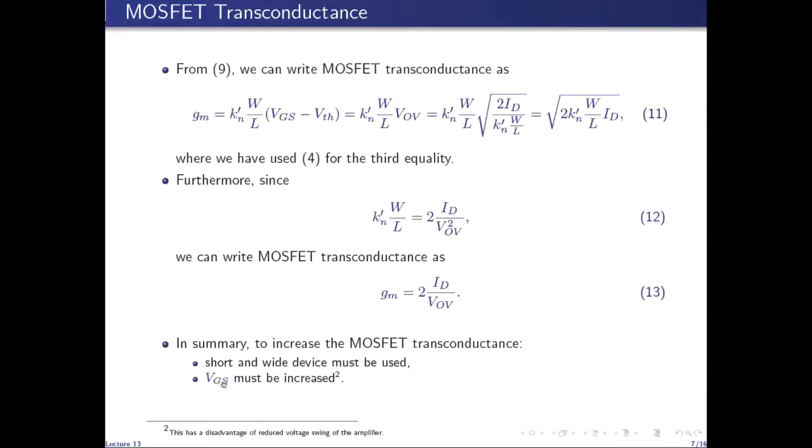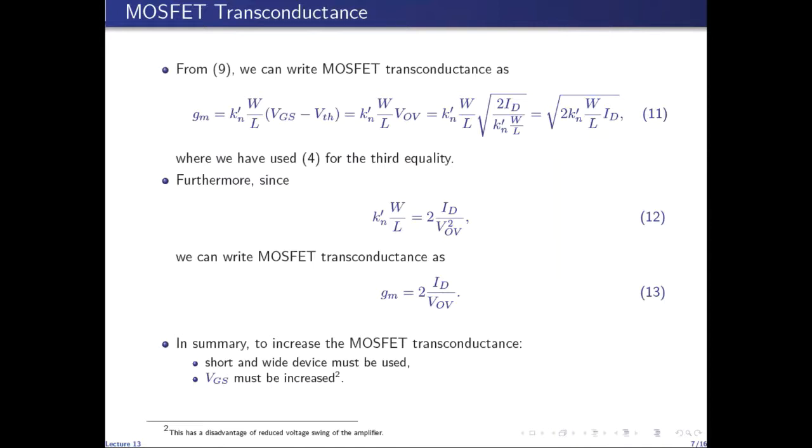However, if we increase the DC component of VGS, then the DC component of the drain current is increased, and as a result, the DC component of the voltage at the drain, which in this case is also equal to VDS and is given by VDD minus capital ID RD, decreases. So increasing the DC component of gate to source voltage increases the DC component of drain current ID, which in turn decreases the DC component of the voltage at the drain, which is equal to capital VDS. So increasing capital VGS decreases capital VDS, and hence,